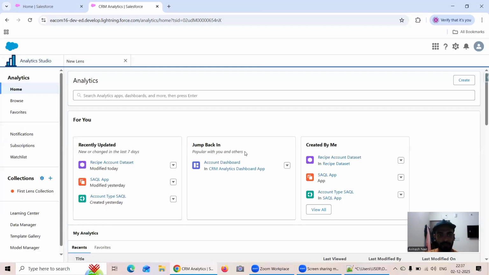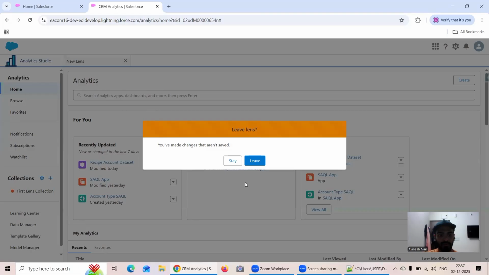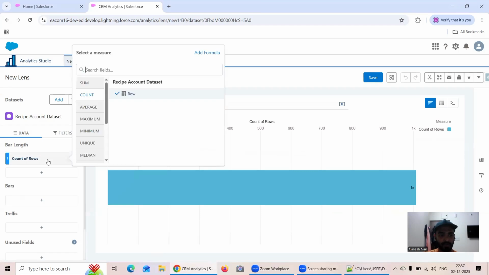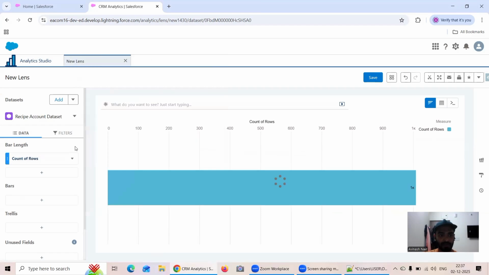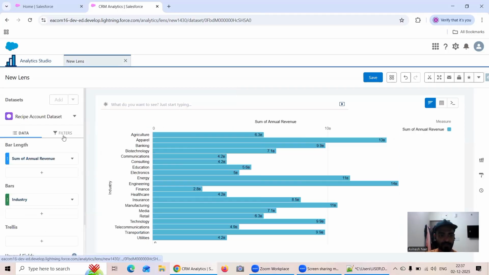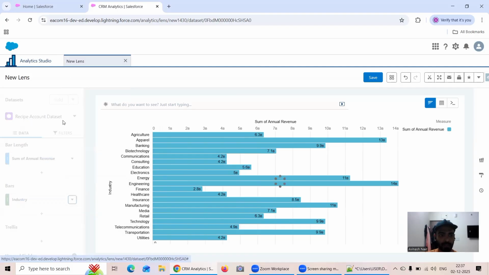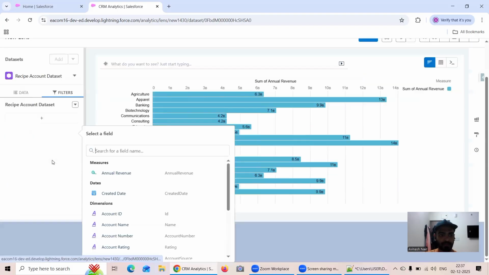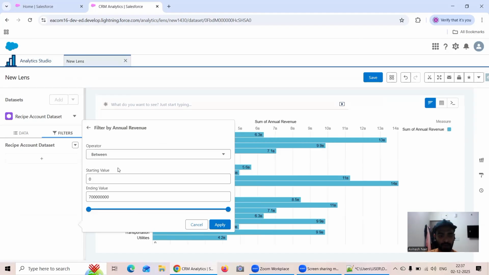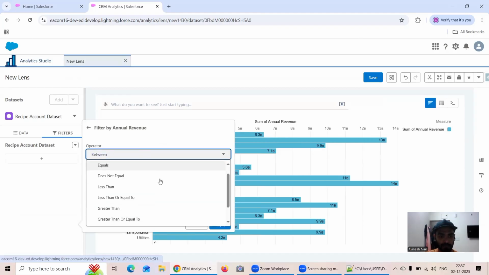Let's try a few more filters. Now what we will do, we will try with something like a measure, maybe. So I will go for sum of annual revenue, and under bars I will select this particular industry itself. That's not an issue. Let me clear the sorting, I'm not interested in sorting as of now. And once I go to filter, I will go for annual revenue right now as a filter. And what I will do is